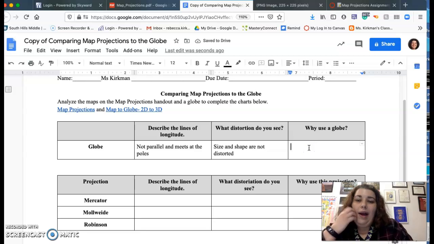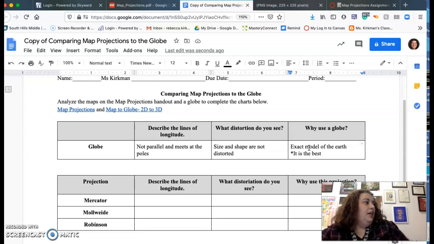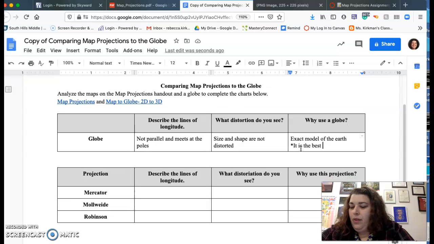Okay, why use a globe? And like in the video, it talks about this as well, that it's an exact model of the Earth. Okay, it is the best one that we can use because there is no distortion in size or shape or distance. It's a great model of the Earth. Okay, so that's why we should use a globe. All right,